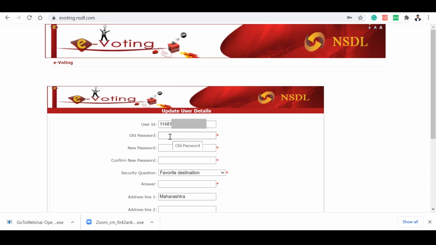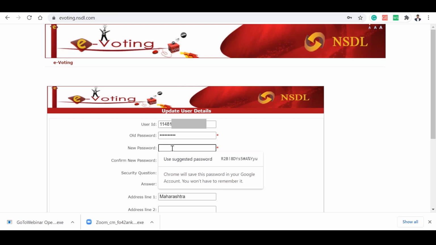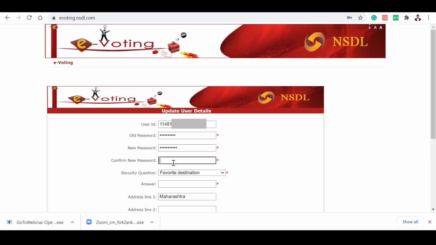Now based on this, you can change your password first. So I am changing my password, a new password, whatever I want to put, I can put. Again, you have to remember that it's case sensitive.